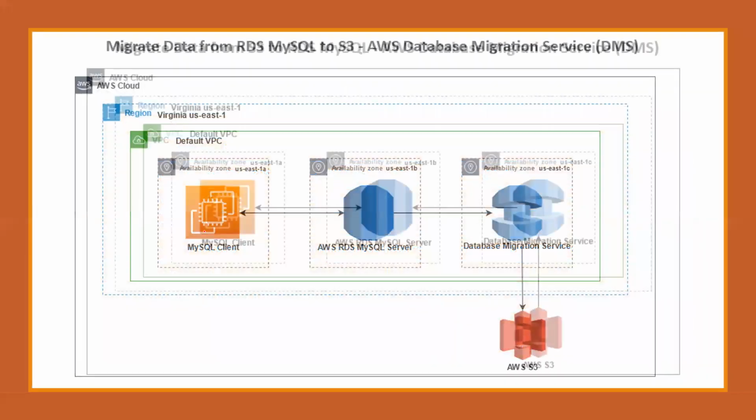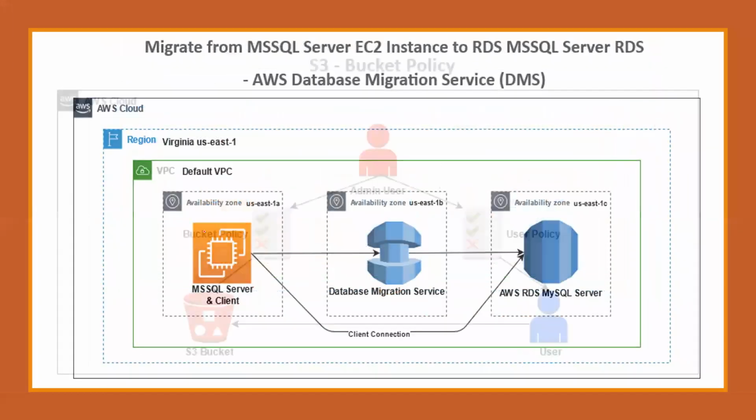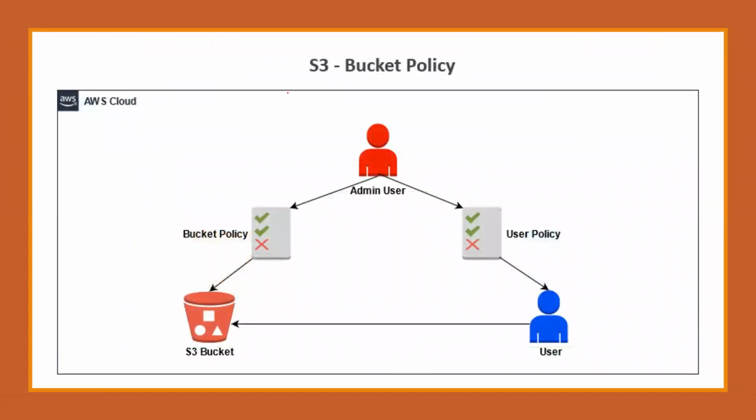I am taking one example here. I will show you. You can see S3 bucket policy. The use case I am telling you, what we will cover in the demo: this user has read-only access for S3. The user is given only read-only access as per the user policy applied, and a role is created as per that only.